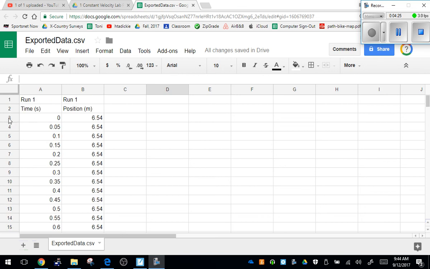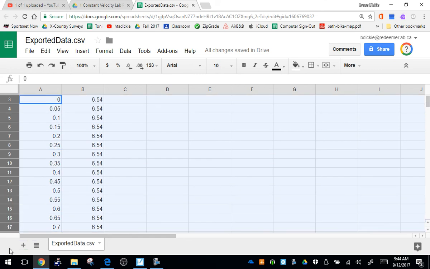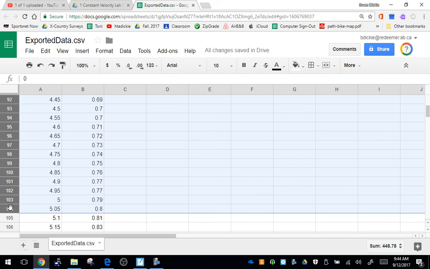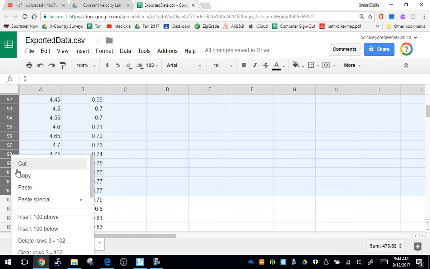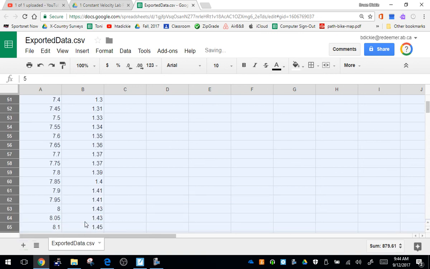So what I want to do is highlight all of these rows up to 5 seconds. I'm going to right-click or two-finger click, and I want to delete all of those rows. So now my first row starts at 5 seconds. And then I said I wanted to delete everything after about 6 seconds. So let's